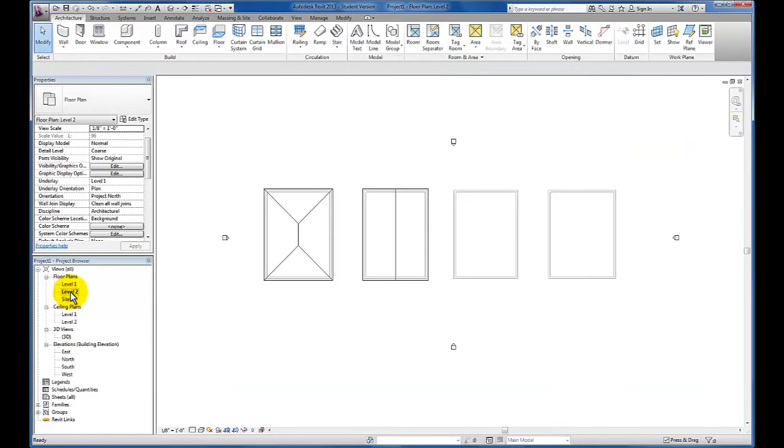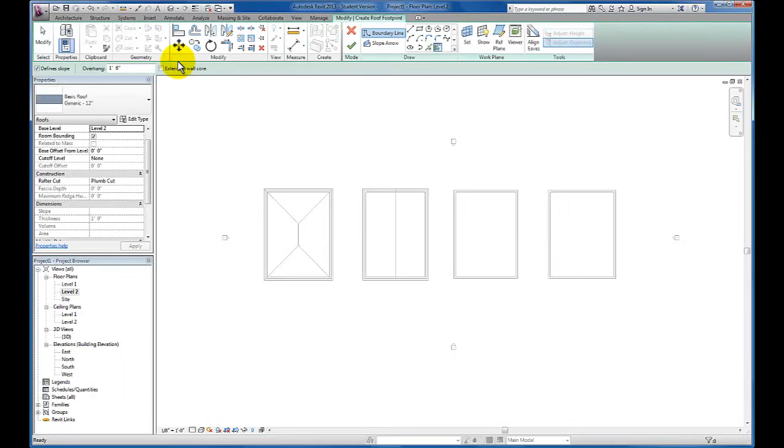I'm going to come back to my level 2 floor plan. I'm going to come down here and actually create a shed roof on this third option. So back up to our architectural tab, still using our roof by footprint tool. Leaving our options still the same with our pick lines, define slope, and 1'6". I'm actually going to just select this wall,